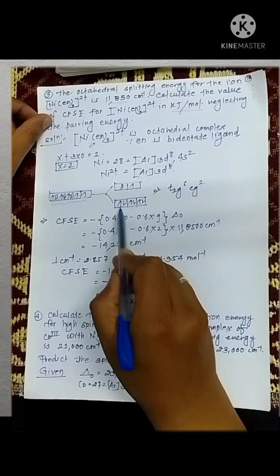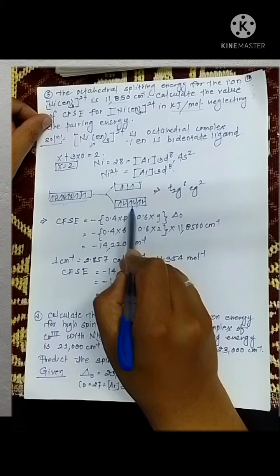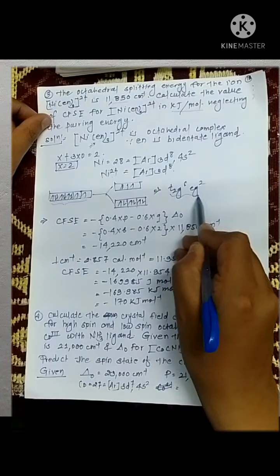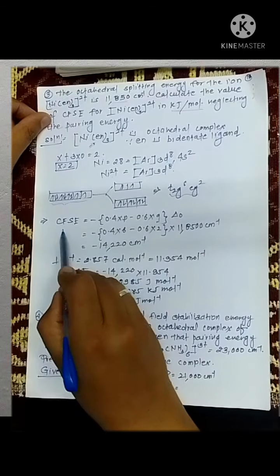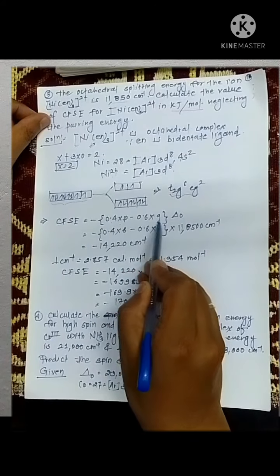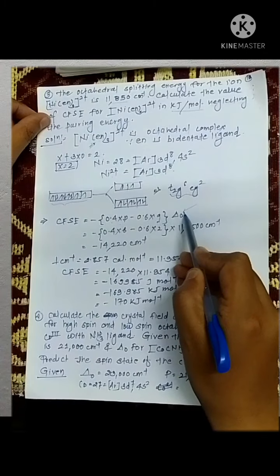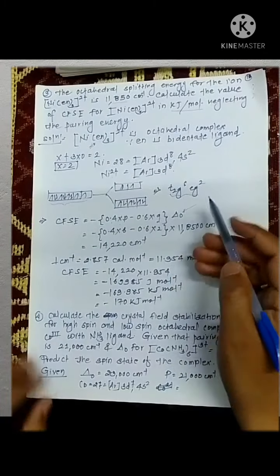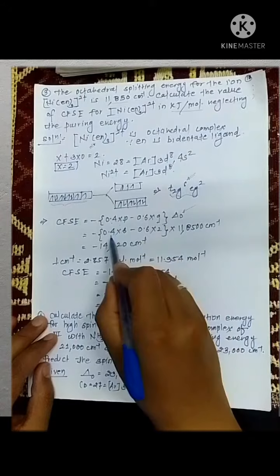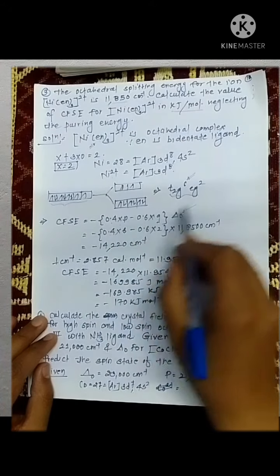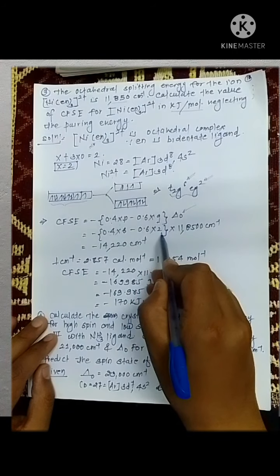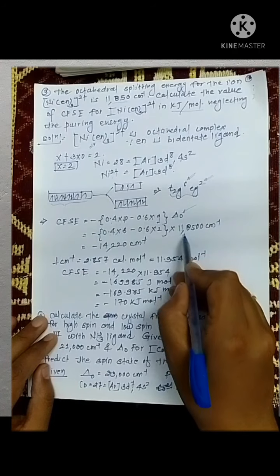So obviously first electron goes to your t2g set and then goes to your eg set. So electronic configuration is t2g6 eg2. So CFSE is equal to minus 0.4 multiplied by P minus 0.6 multiplied by Q del O. Now see here, the number of electrons present in your t2g set is 6, so 0.4 is multiplied by 6, and the number of electrons present in your eg set is 2, so 0.6 is multiplied by 2, multiplied by delta, multiplied by